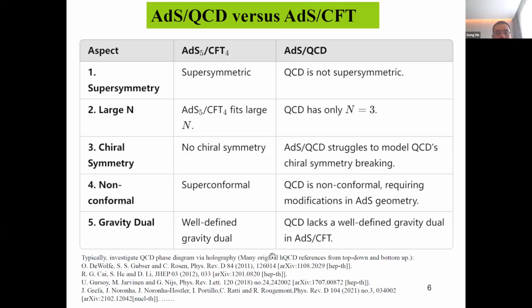Typically for the QCD phase diagram, the first paper to study it was proposed by Gubser, followed by several papers. Up to now, we don't have a quantitative description that fully understands the quark-gluon plasma. So this talk mainly tries to use AI, because we have strong AI power, to build a reasonable and quantitative so-called AdS/QCD model.